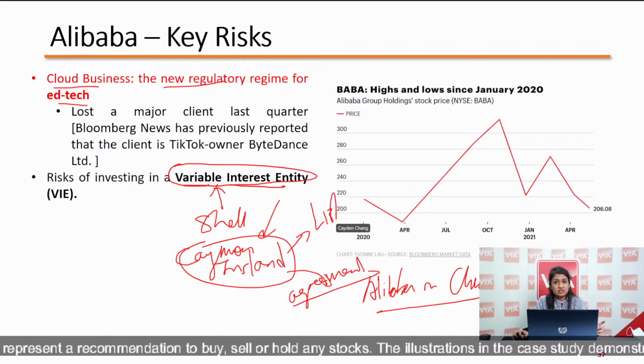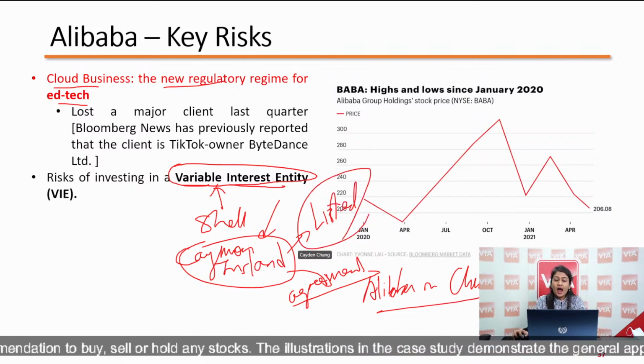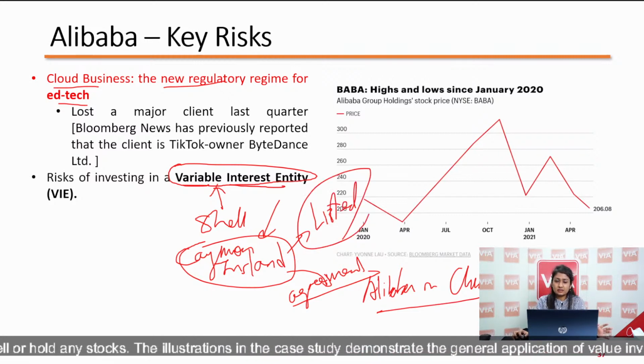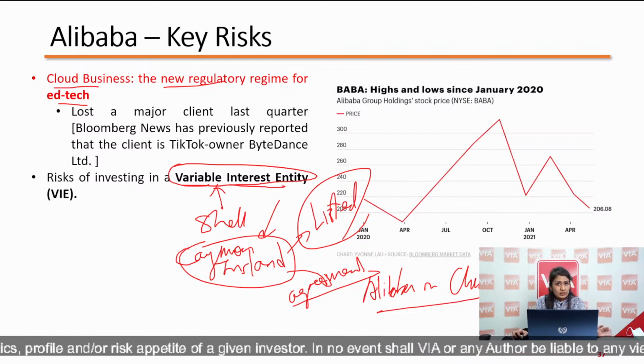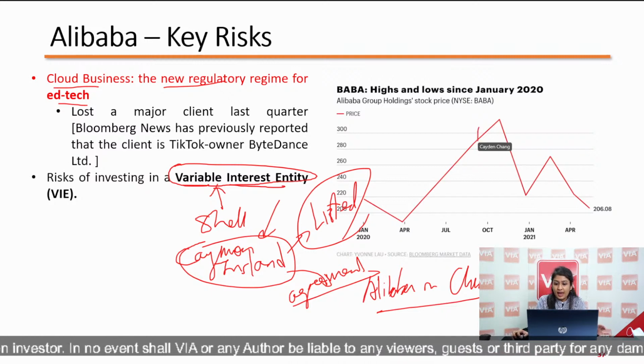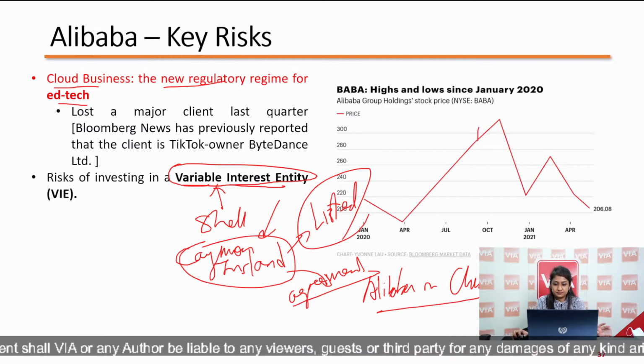The VIE structure is actually illegal, but hundreds of Chinese companies have been listed like this for decades. And the Chinese government conveniently turns a blind eye because even it wants foreign capital to enter. So with the unpredictability of the regulators in China, they may one day decide to enforce the laws. And then the shareholders of the US listed VIE may be left with nothing. Now, I'm not saying that it is very much likely to happen, but it is a very real risk and investors should be aware of this.